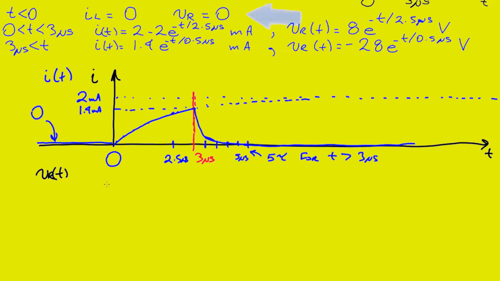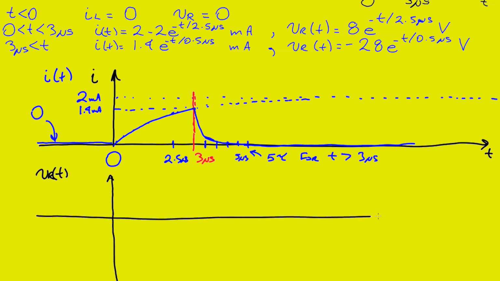Now this one, taking a look at where we are, we're going to start at 0. It's going to jump up to 8 volts and then decay down to 0. But before it has decayed all the way to 0, it's going to jump down to minus 28 and then decay back up to 0. So let's draw our graph on here. Again, we'll have time on this axis, and we'll put our voltage on this axis. Before time 0, our voltage across the resistor was 0, so we'll label that as 0, and at time 0 it jumps up to